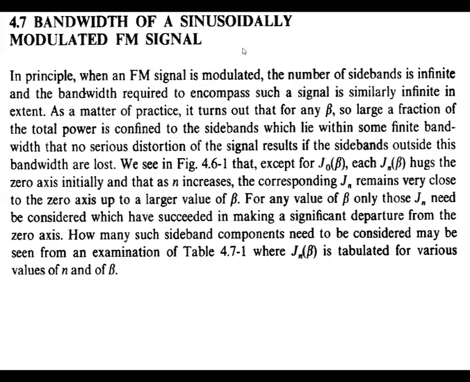Whereas in another concept you can see the bandwidth of sinusoidal modulated FM. What is the bandwidth? So in amplitude modulation the bandwidth is 2 into FM. 2 into FM is the bandwidth. So in principle, when the FM signal is modulated, the number of sidebands is infinity. Is it not? The number of sidebands is infinity. Whereas in the AM, the number of sidebands is 2. One is FC plus FM, another one is FC minus FM. Whereas in frequency modulation, the number of sidebands is infinity, and the bandwidth required to encompass such a signal